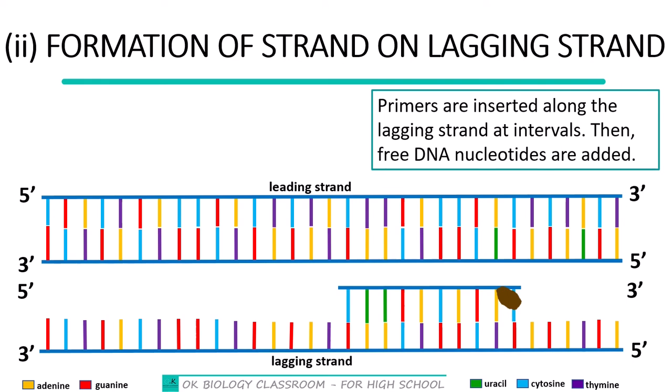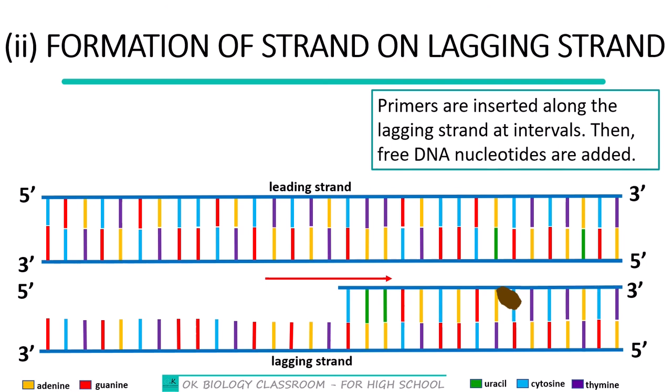The similarity is that the arrangement is always from the 5' end to the 3' end of the new strand which is going to be formed, not of the original strand. So note that the direction we are considering here is the direction of the new strand which is being formed. So from the 5' end to the 3' end. So you can see it going in this direction, 5' to 3'. So you can see that the DNA nucleotides are going to be attached from here, because that will be the direction. So like this,